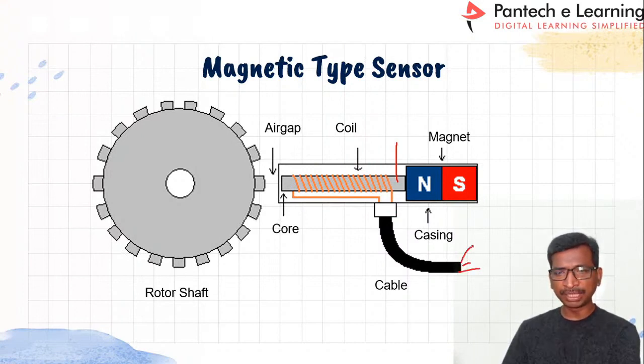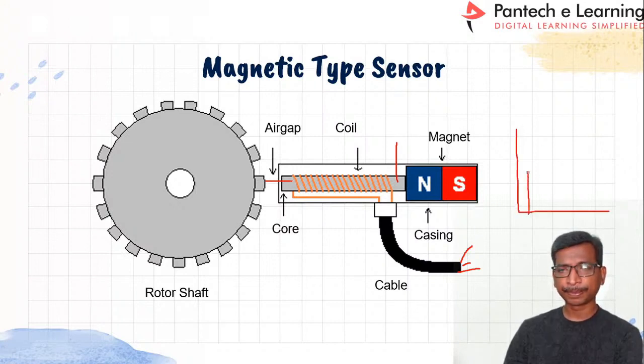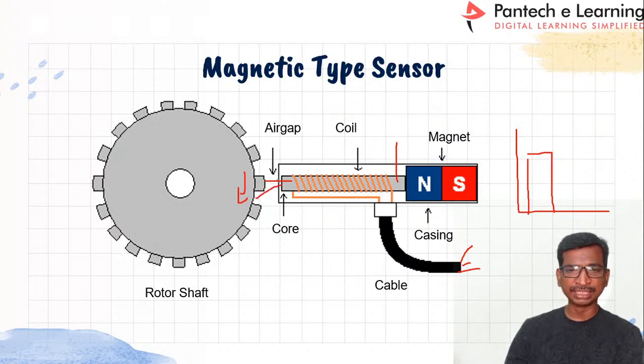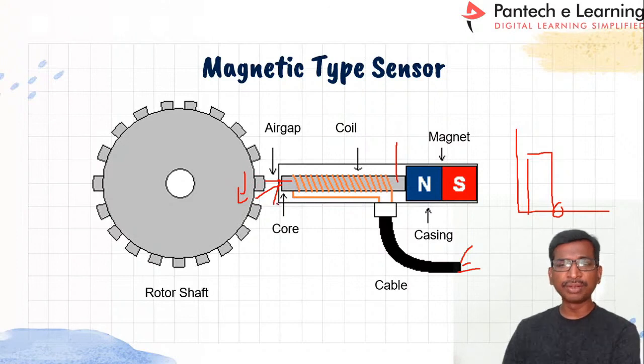At the same time we have to apply some voltage also. So in between, the permanent magnet will be placed. So whenever the path is nearby, in that case only we can take pulses, right? So if the disc rotates from this position to the next position, suppose if it is here, in that case the pulse will be 0, and whenever the pole approaches the core, then only we can get square pulses. So like that we can identify the motor speed, right?